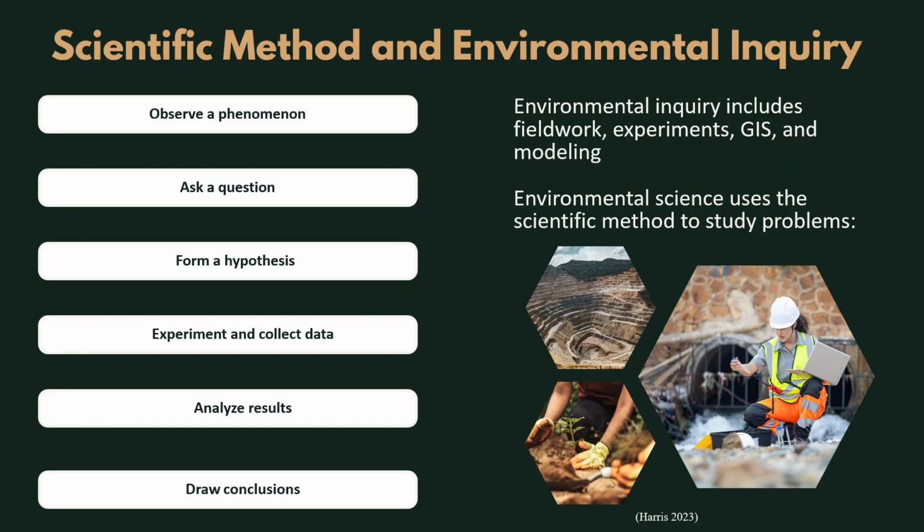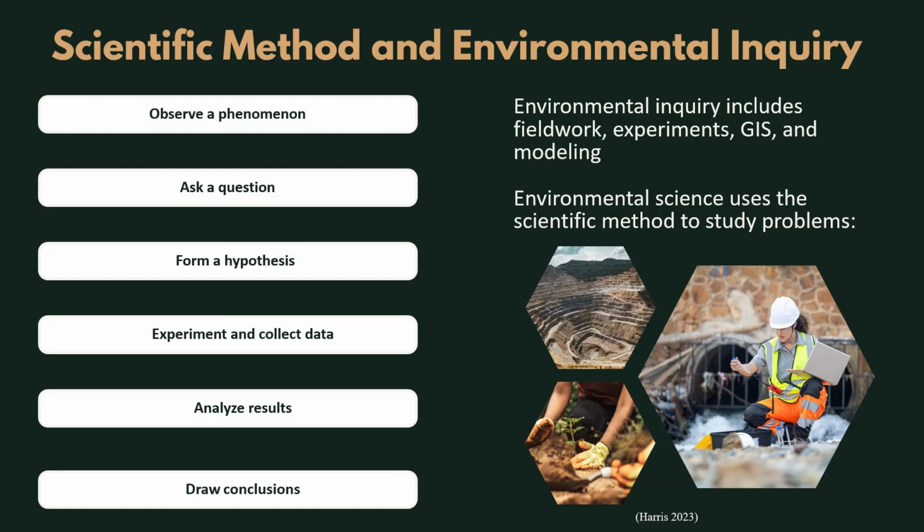Environmental science relies heavily on the scientific method because we're dealing with very complex real world problems here. It starts with observing a phenomenon. Maybe we notice a local fish population is starting to die off, or we see an increase in air pollution in a local area. Next, we're going to ask ourselves a question. Why is this happening? What factors are involved in this? This step is really crucial because it can guide the entire investigation. We're actually using it to work towards a specific goal.